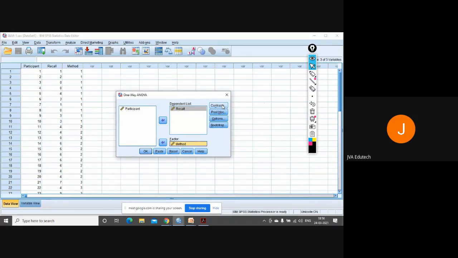But which of the methods differs? Let's say we have three groups, group 1, group 2, group 3, and here our groups are based on method. ANOVA will tell you that yes, there is a significant difference, or there might not be a significant difference between the three methods. But which method has the better significance can be found only through multiple comparisons, meaning comparing methods 1, 2 and 3 with each other.